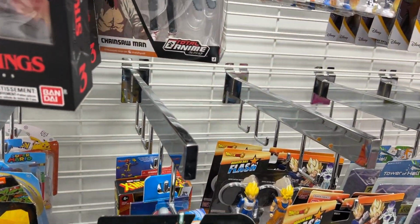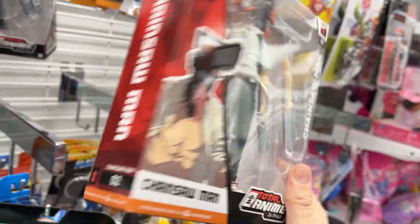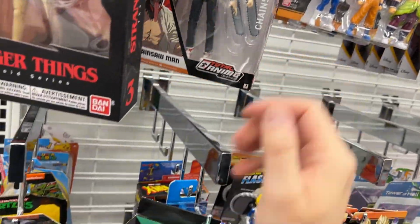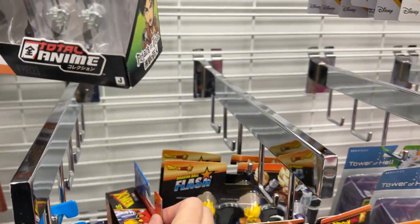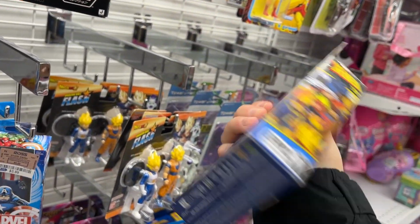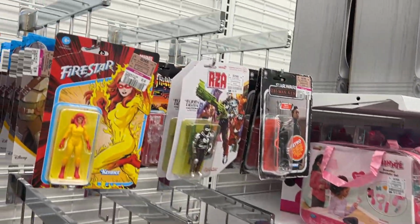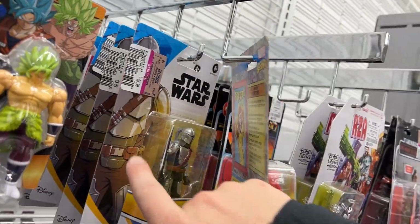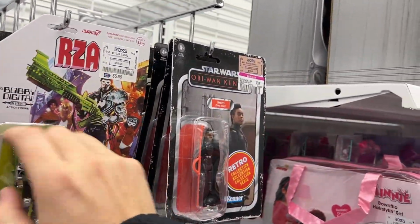Chainsaw Man is the only one I'd be interested in. Let's see if he's. Nope, still $14.99. I haven't seen any of the anime figs lower in price yet. There's Cyclops. They haven't dropped them either. Okay. Firestar is $349. They got Mando down now to $399. For all these Mandos, Steel 5,